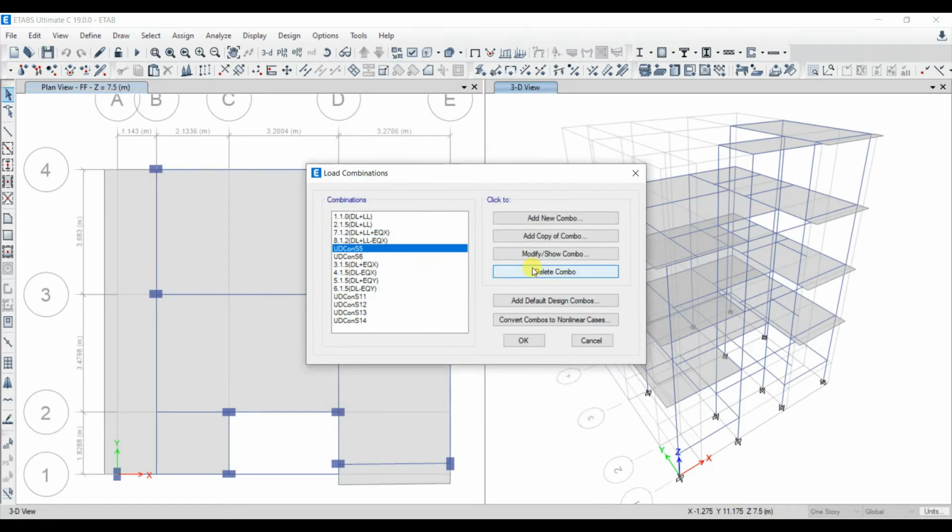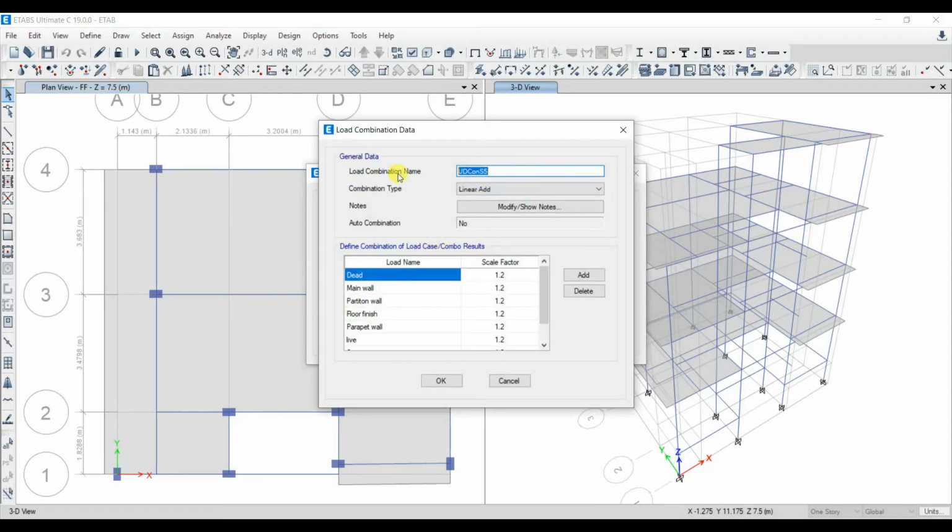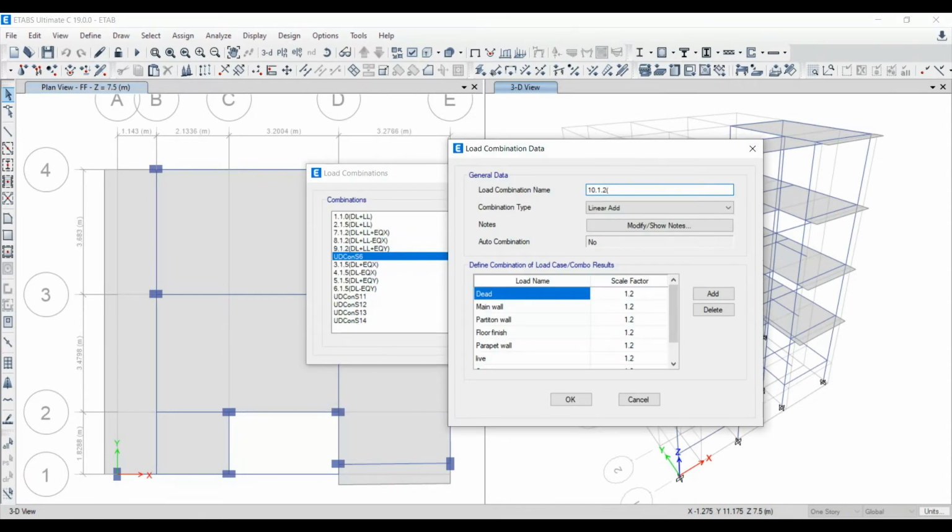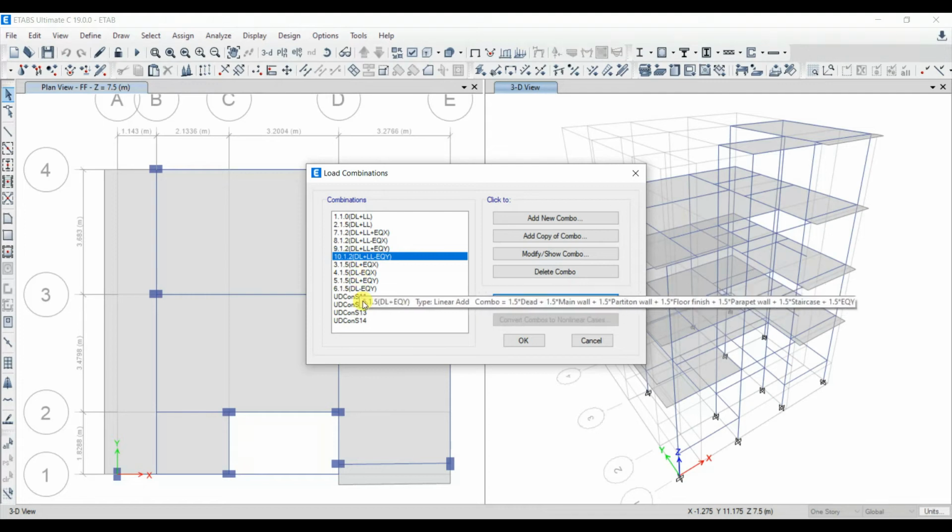Give OK. If you add like this, you will have control over which load combination you are entering, and you can even select whichever combination you want while getting the results, like the analysis result. That's why I'm entering it this way. See, this is positive EQY. Next let's add 1.2 times dead load plus live load minus EQY. This is negative EQY. So this is done.